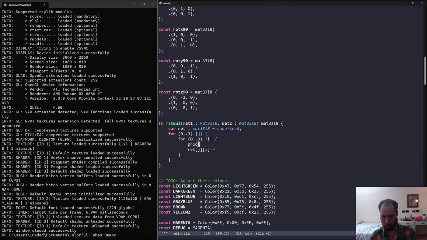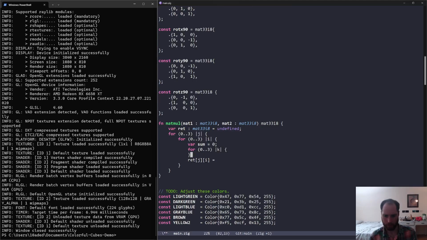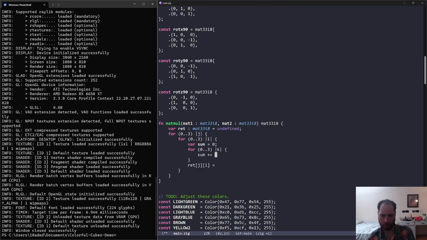So let's just say product, or really sum, is equal to 0, and then we want to say now for 0 going to 3 of ijk. You just want to do sum plus equals. This is fine. Sum plus equals mat1 I